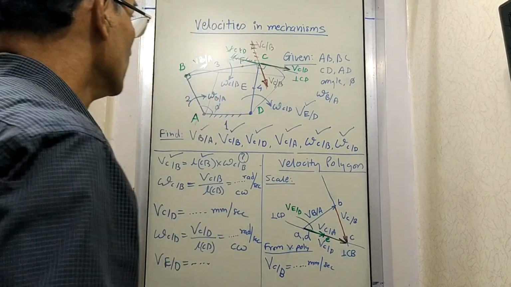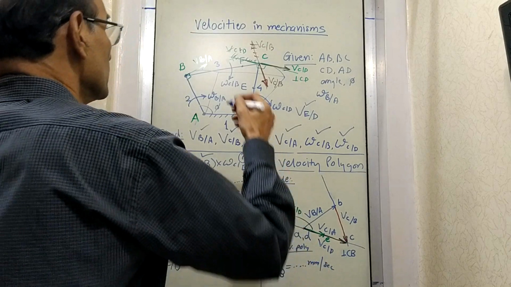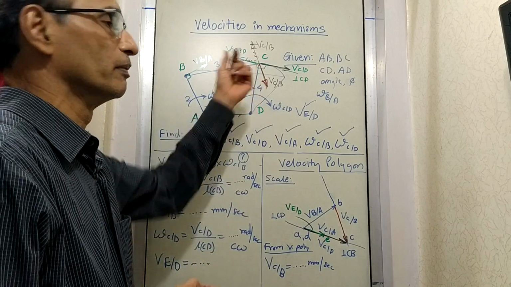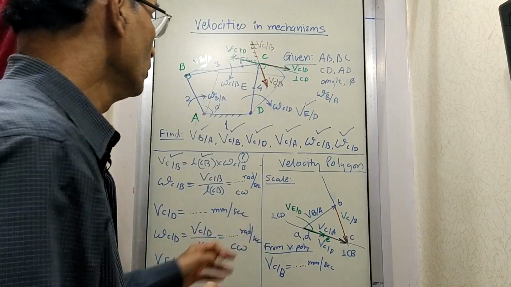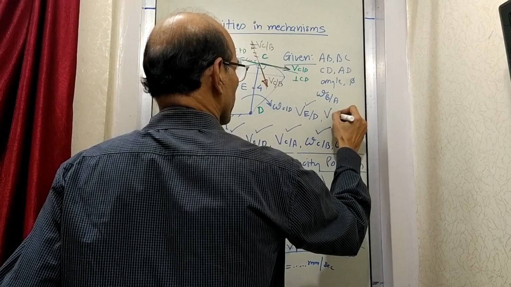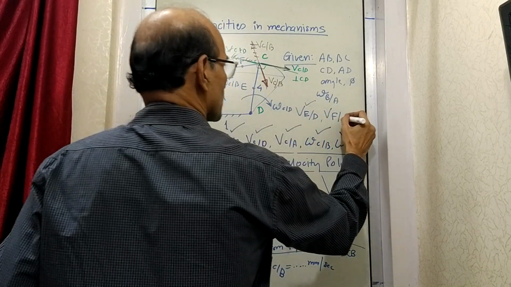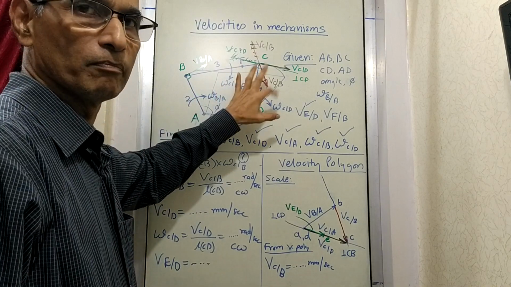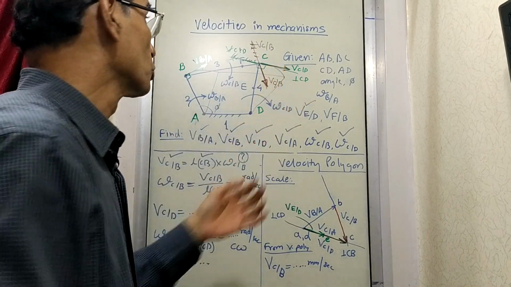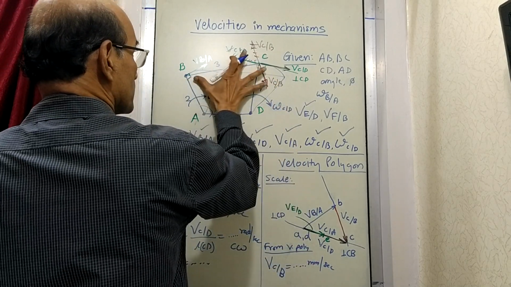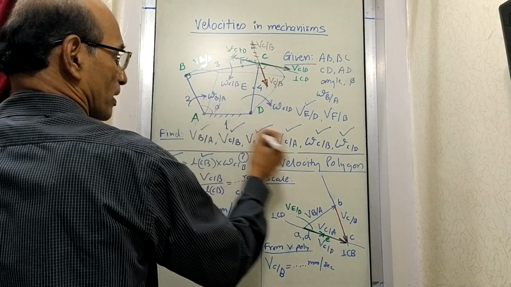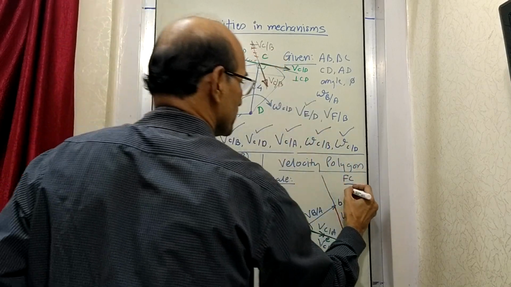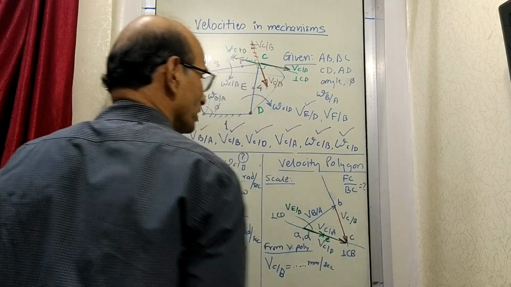Now, let us have one more thing. Suppose there is one point F written here. F is given here and its distance is given. Now, maybe I'll write here, velocity of F with respect to, let us say, B is asked. Now, where is point F? It is given in the data. So now we have to find out this distance and this distance, the proportion. So I'll write FC upon BC. Find out what is FC upon BC.